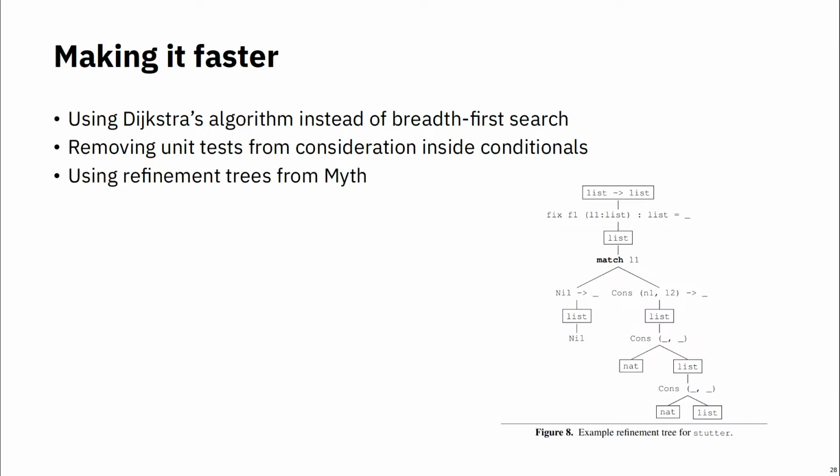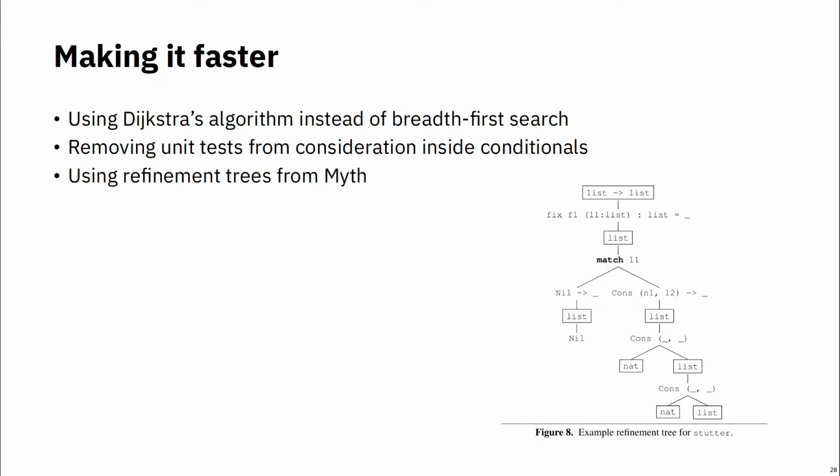One of the other things that I want to be able to do is remove unit tests for consideration set of conditionals. So in the previous example, we knew that depth of make leaf would have to be 0. There is reasonably nothing else it could be because there's no other things that could really go in that hole that would satisfy those tests. So what we could do is prune down the unit tests and then only check the ones that handle